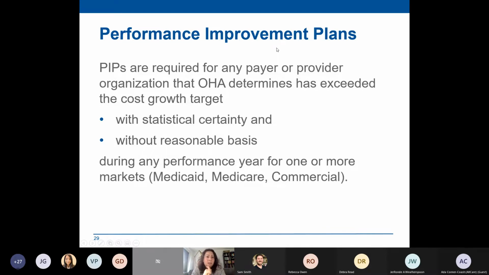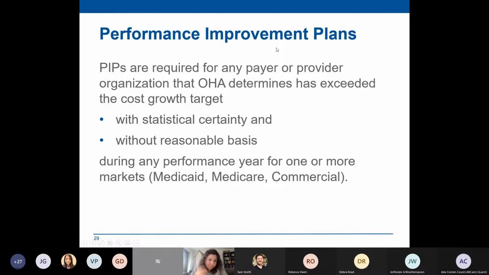And this is a key difference in the Oregon approach compared to, say, the Massachusetts approach. Massachusetts also has performance improvement plans as part of their cost growth benchmark program. They have only put one organization on a performance improvement plan in, I want to say, 7 years. Team, correct me if I got that stat wrong, but our committee, our recommendations, our statute all assumes that we will be using PIPs more frequently, and that PIPs are not the end game of accountability, but are just a quality improvement tool that would be happening throughout the process and throughout the program.